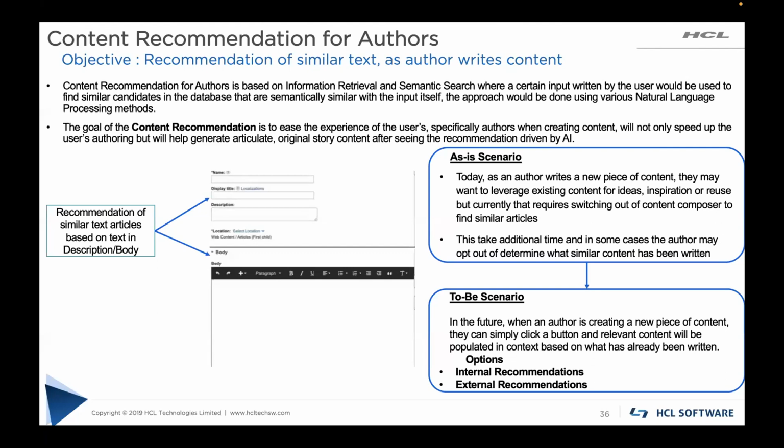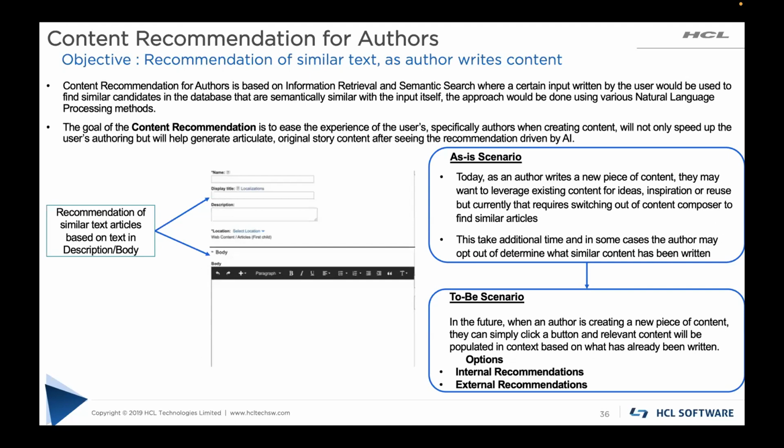And the goal of this is to ease the experience of the users and help him to complete whatever he is writing, and also help him to make his